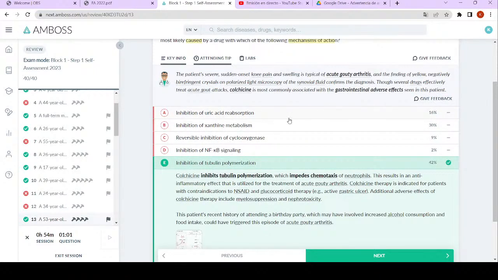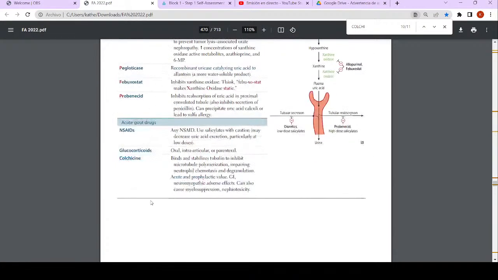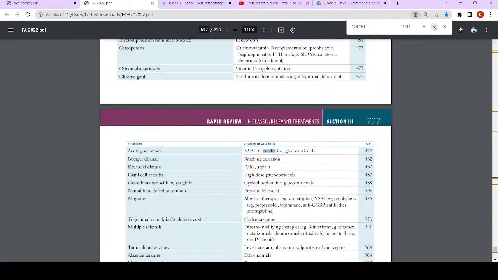The most common mistake people made is this one, that inhibit the active metabolism, thinking about what you use for the chronic treatment, but in this case you need to think about the acute treatment, and you cannot use NSAIDs because this patient has this problem with the gastric ulcers, but you can find the same stuff. This is actually the same stuff. There's nothing more here, but we can